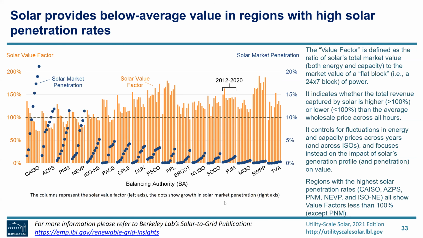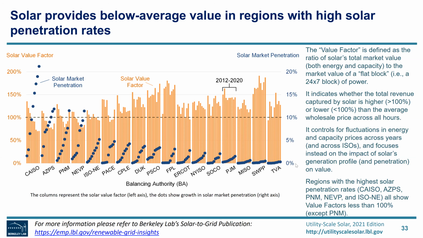At higher penetration levels, so kind of on the left side here on this graph, solar's marginal operating costs near $0 per megawatt hour can push wholesale prices to below where they would have been absent of solar. Solar's marginal capacity credit also declines as the peak net load then shifts increasingly into the late afternoon and early evening hours. So solar's value factor in CAISO was 140% in 2012, so 40% more valuable than a flat block